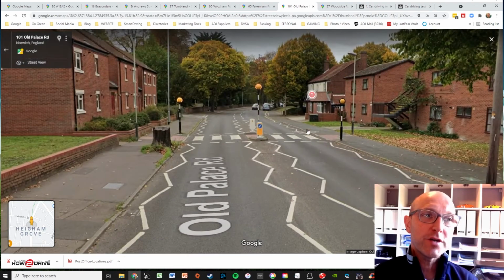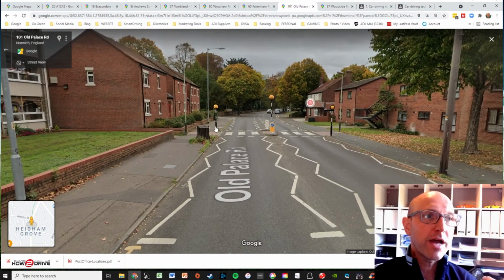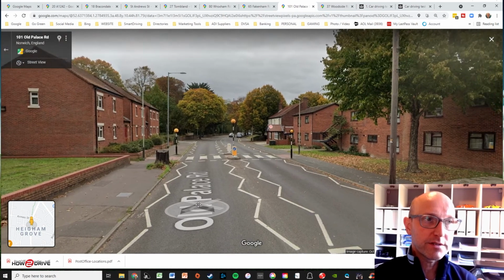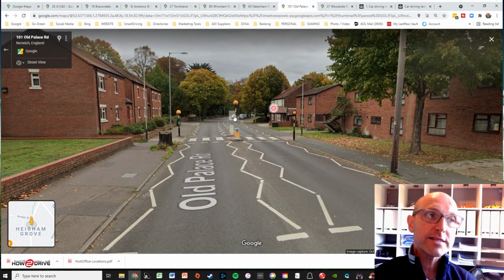How's your pupil going to treat this? Is it one crossing? Is it two crossings? These are the things you want to cover. Just note here also how they've chopped the tree down for visibility. This is why you can't park on zigzags, because you will block the view of pedestrians being able to cross the road. Also, just cover other things, like let's say there was a queue of traffic coming along here,